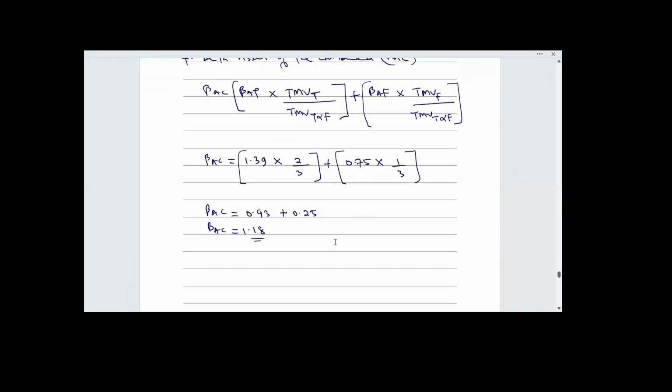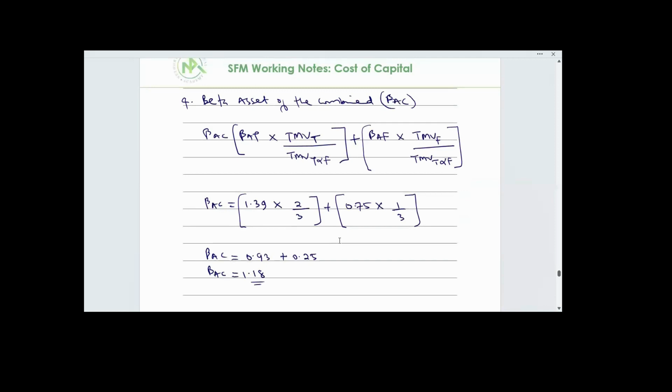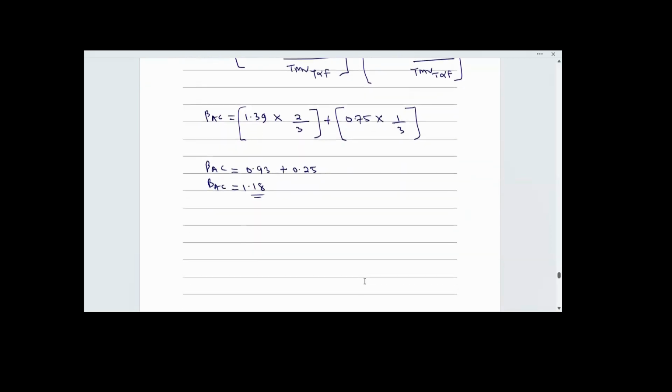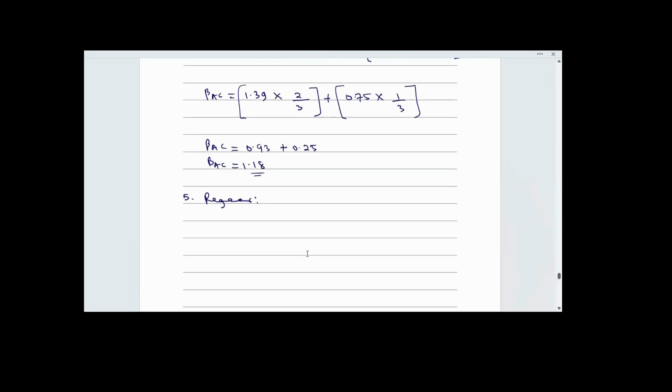So we're moving to step 5. Remember, the essence of calculating step 3, which is market value, is for you to be able to form the proportion of each of the activities in getting the beta asset of the combined. And that's what we have done so far. Step 5 is to regear. We need to regear to incorporate the financial risk of the company, which is Columbia PLC. Since debt beta is risk-free, then to regear, I would then say